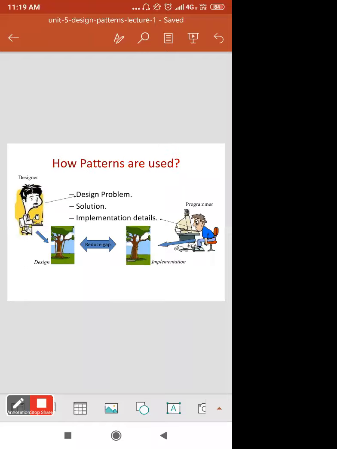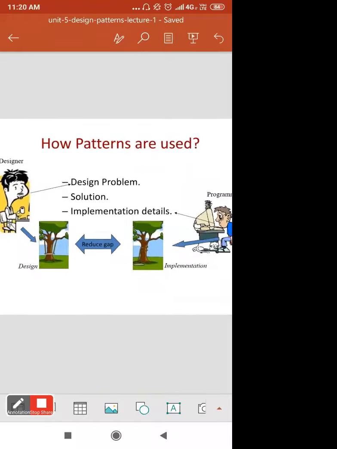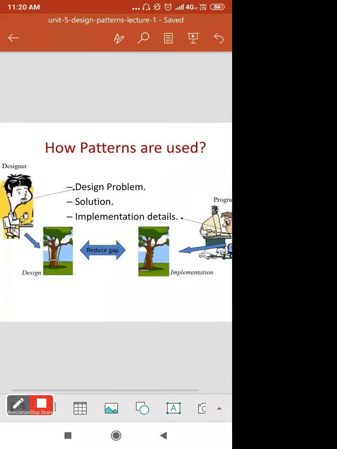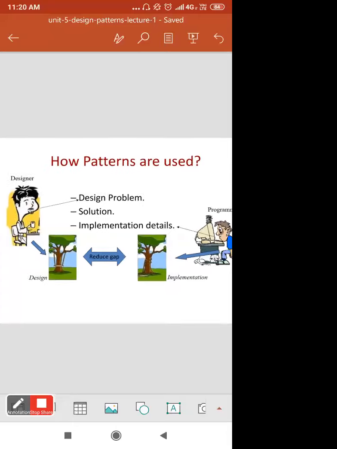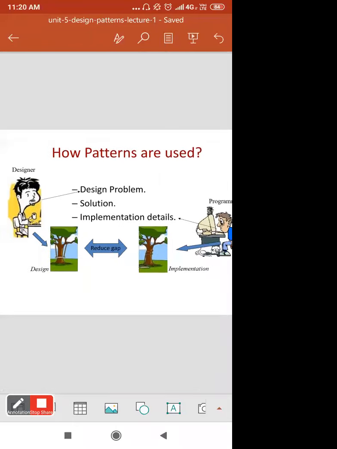We'll see the diagram first, to see how the patterns are used. You can go through this diagram. The designer who has a problem statement forms a set of solutions for it.